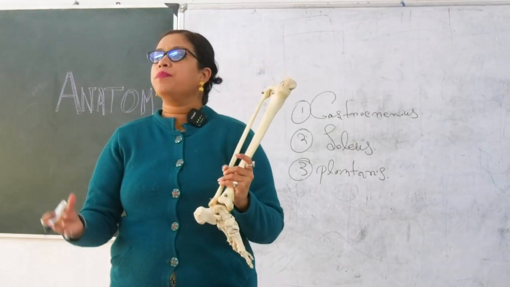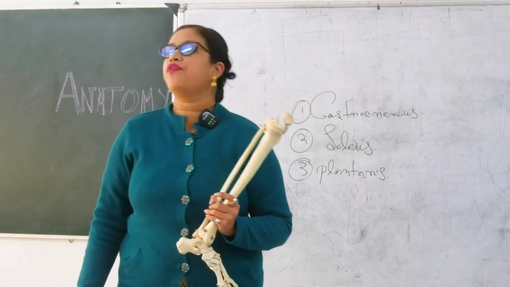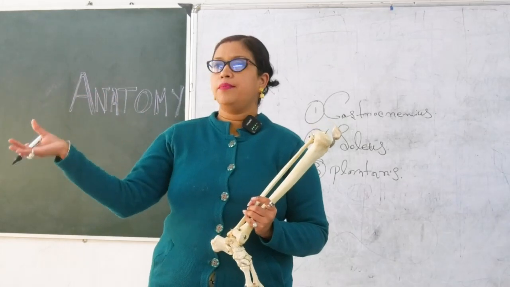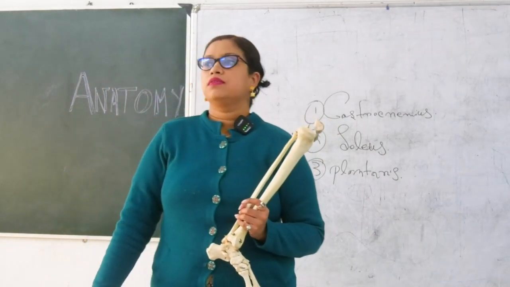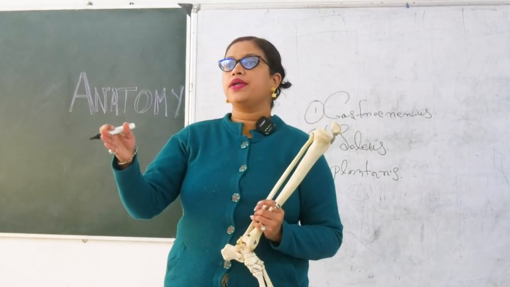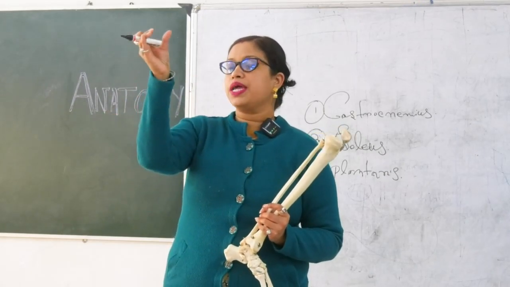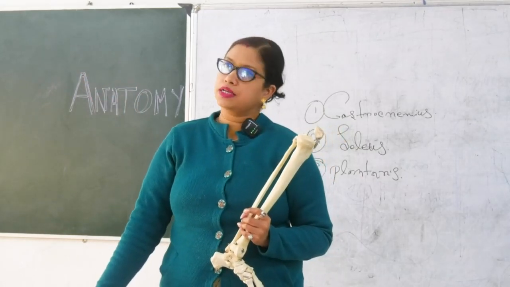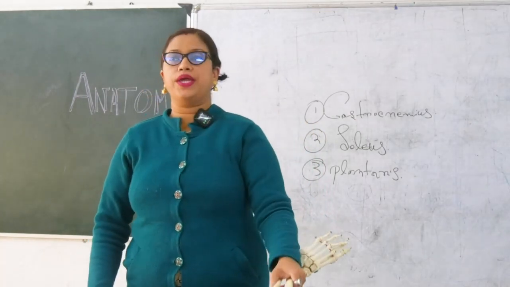So it will form the triceps surae. Okay, write it down. It will form the triceps surae. Now what is triceps surae? These two are the two heads, medial head and lateral head. Which one is the third one? Which part of the soleus? The soleus is divided into two parts by anterior lamella and posterior lamella. So the posterior part of the soleus unites with these two tendons of gastrocnemius. Understood? So together it is known as triceps surae. Write it down, triceps surae.